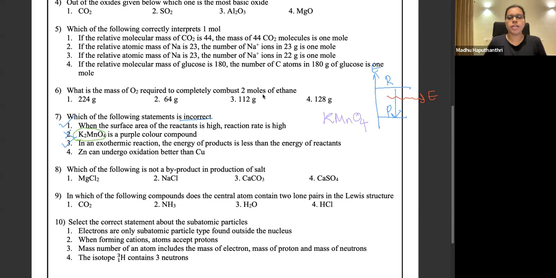When you refer to the activity series, sometimes you may be calling it a reactivity series or the chemical series. The elements which are at the top: if I take zinc and copper, zinc is at the top, copper is at the bottom. Always the elements at the top prefer to undergo oxidation. Elements at the bottom prefer to undergo reduction. Elements at the top prefer to undergo oxidation. Bottom ones prefer to undergo reduction.